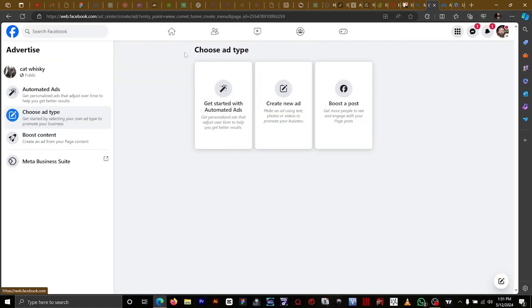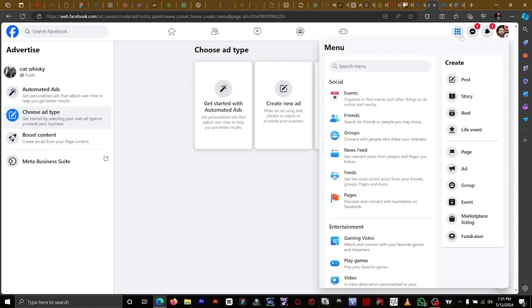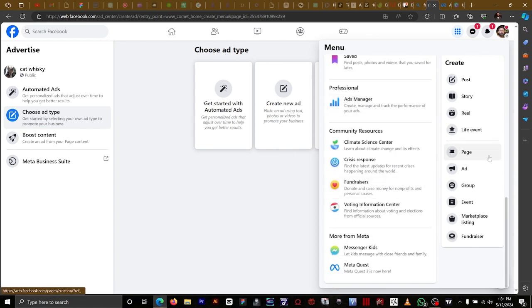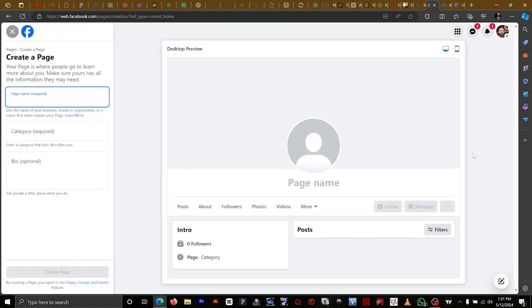So here we are. This is our Facebook account. You click on menu, and I'm already on a page account right here. So you click on page, then you create a new page. Since you're starting afresh, you create a new page if you don't already have a page. But if you already have a page working,